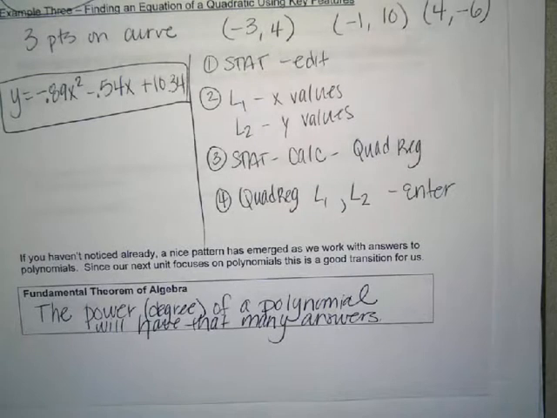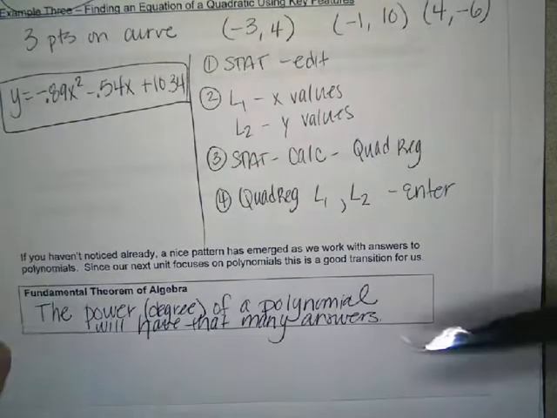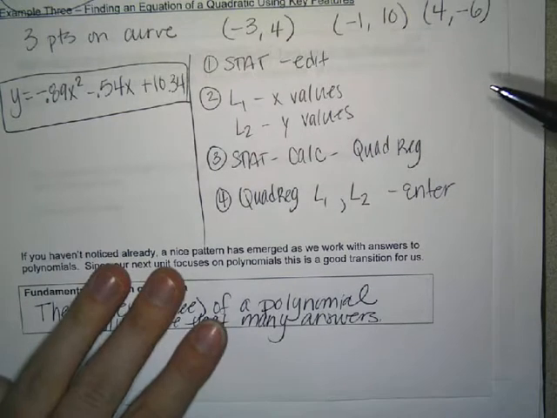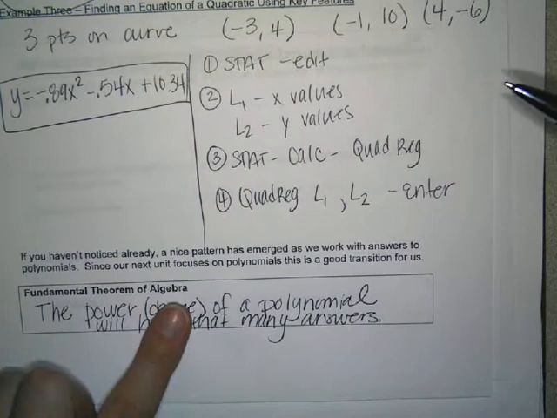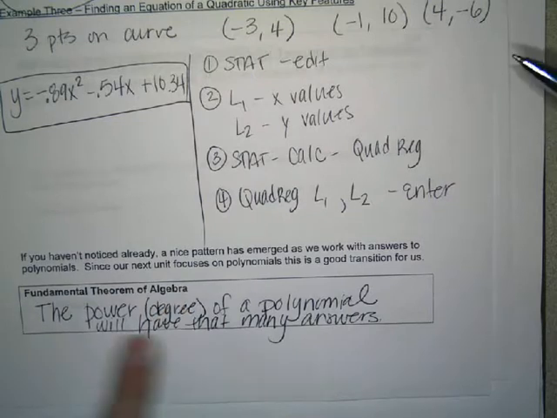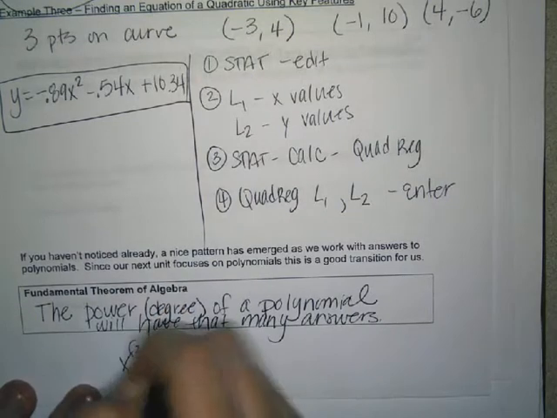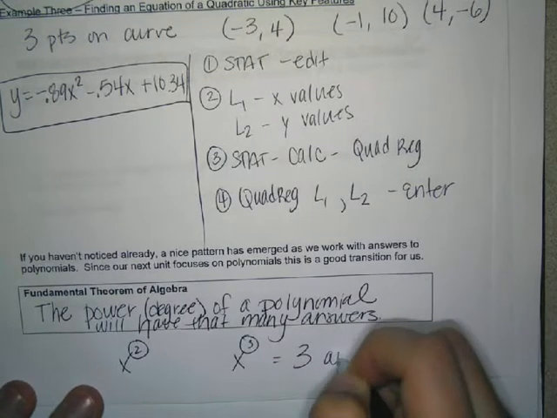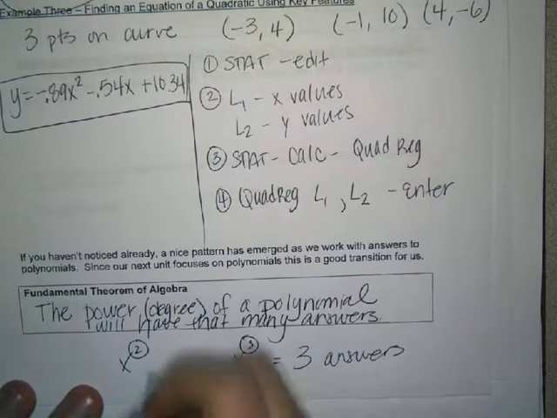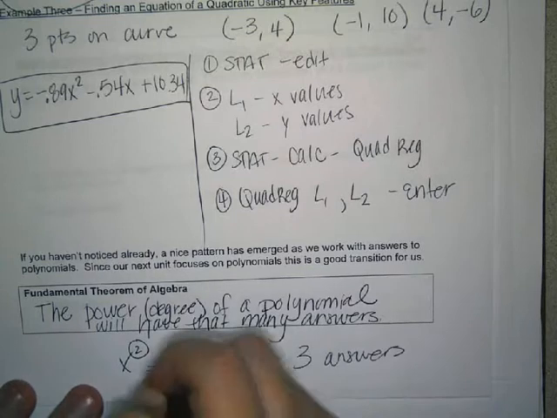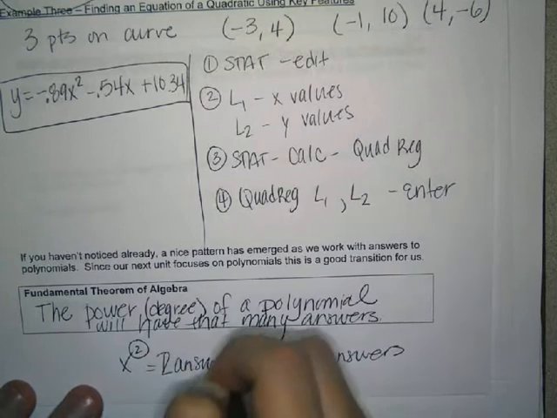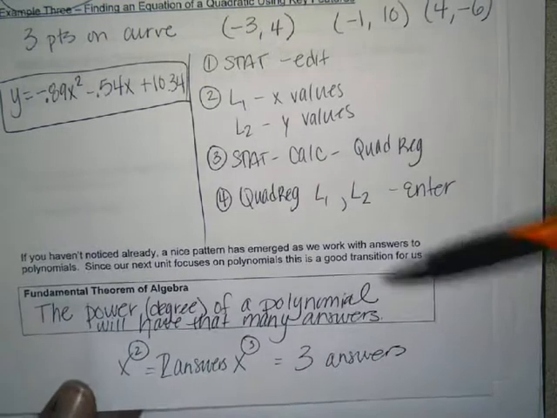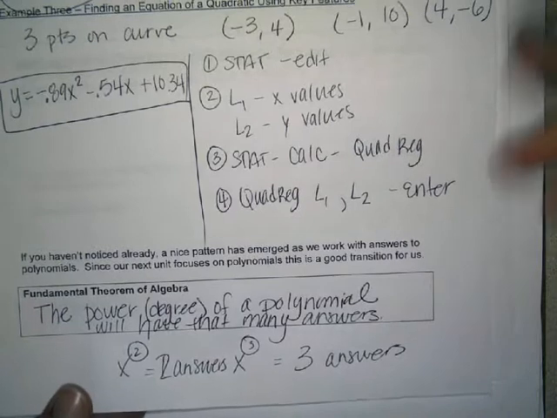There you go. What this means is that, like with a quadratic, we always get 2 answers. With a cubic, we'll always get 3. With a linear, you always get 1. So the power, the degree, matches how many answers you should have at the end. Okay? So we need to know this fundamental theorem of algebra, that the power will match the number of answers,